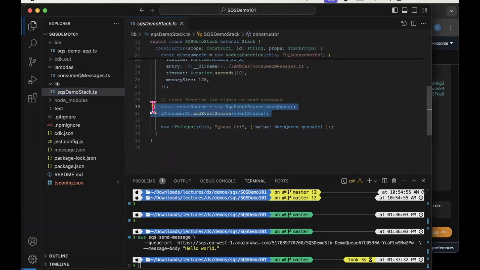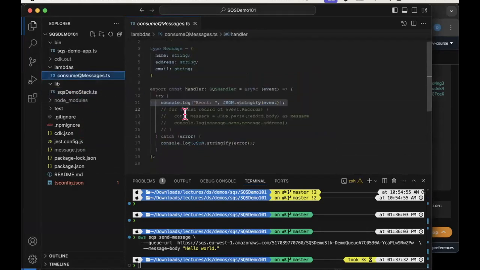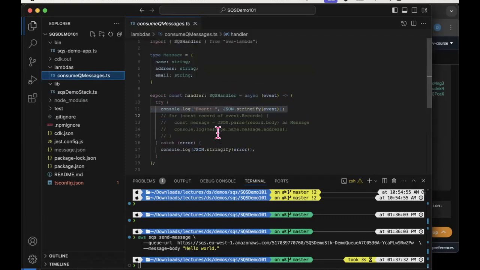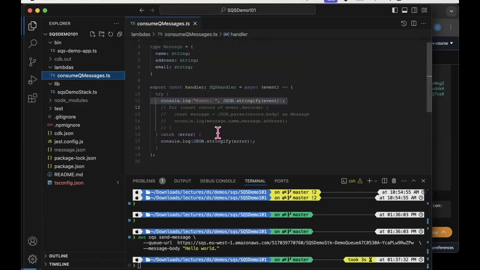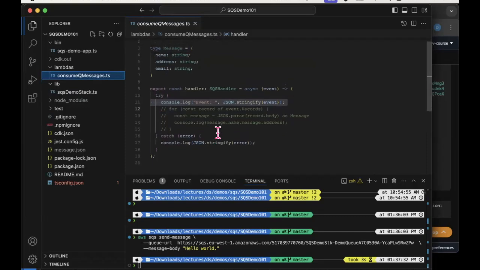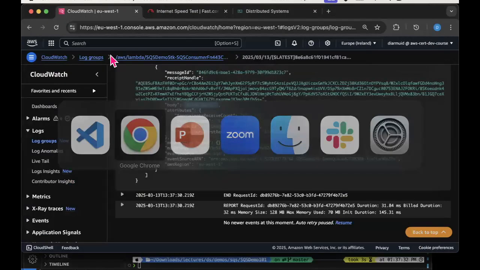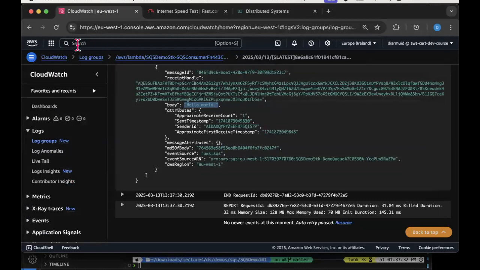Even though, when we look at my Lambda code, it's not communicating directly with SQS at all. But if we look at the configuration of the Lambda from the console, if we go into the Lambda service,